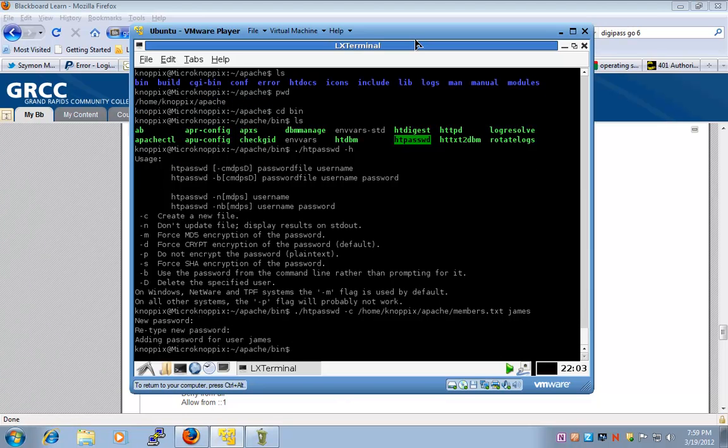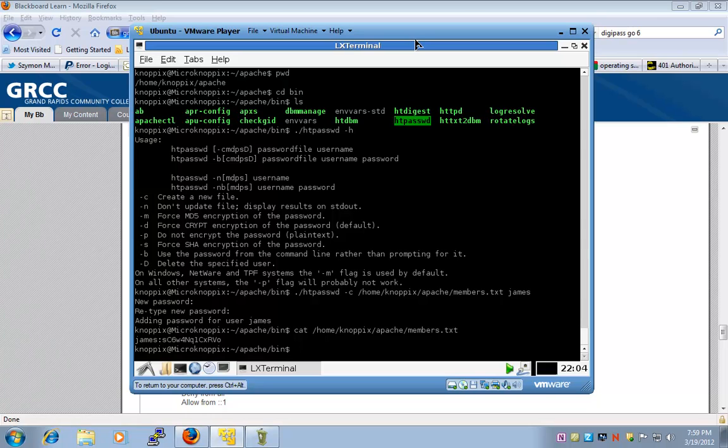Okay. If I was to preview the file I just created, I can see James, but I cannot see the password. It's not clear text, which is really nice, right? So you can store these passwords. Can I break into this hash? Yes, I can. John the Ripper will do it just fine, and fairly quickly we'll find my dictionary